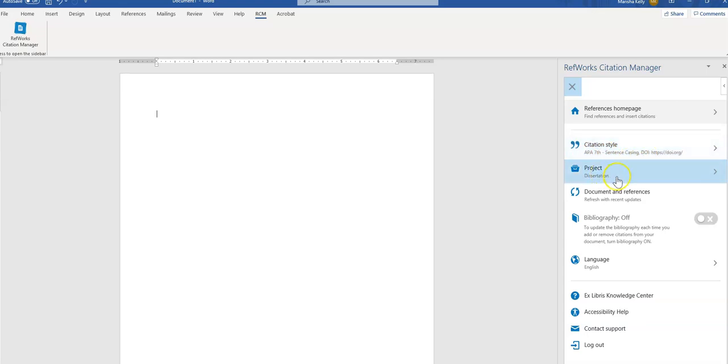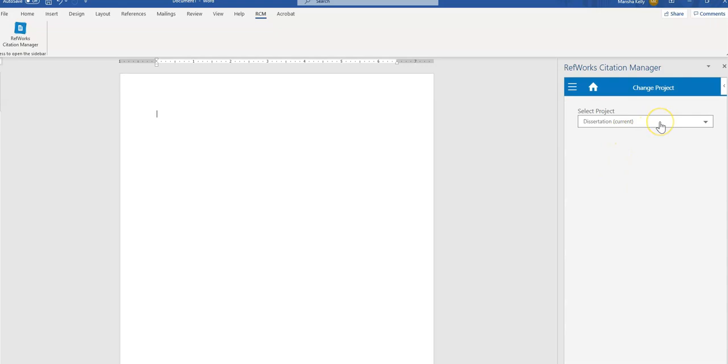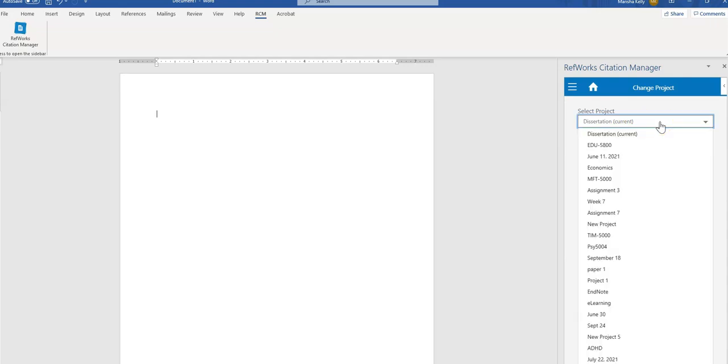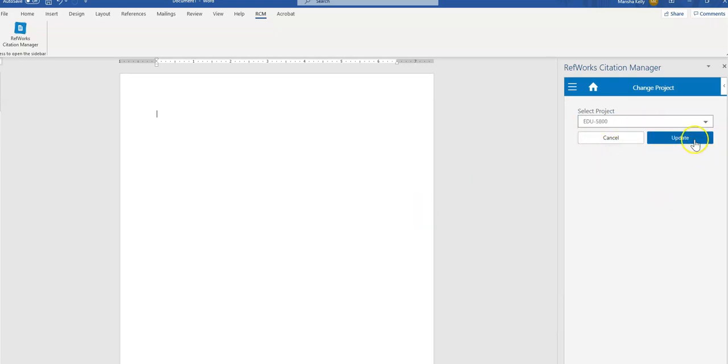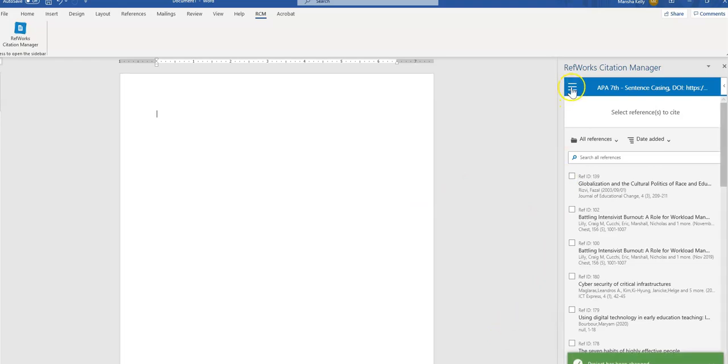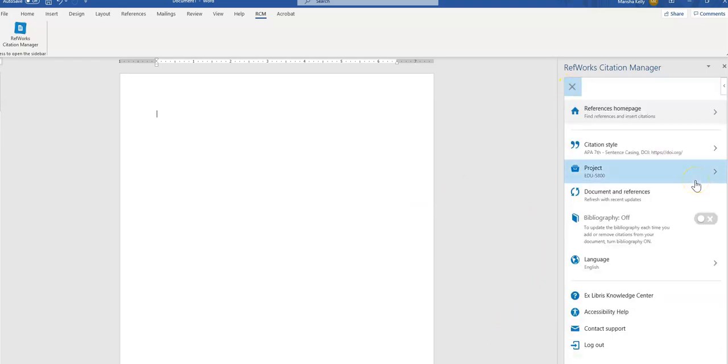If you have multiple projects in the works like I do, you will have this projects tab. So maybe, before I was working on my dissertation project, but now I'm working on my EDU 5800 project. Now this document and references,